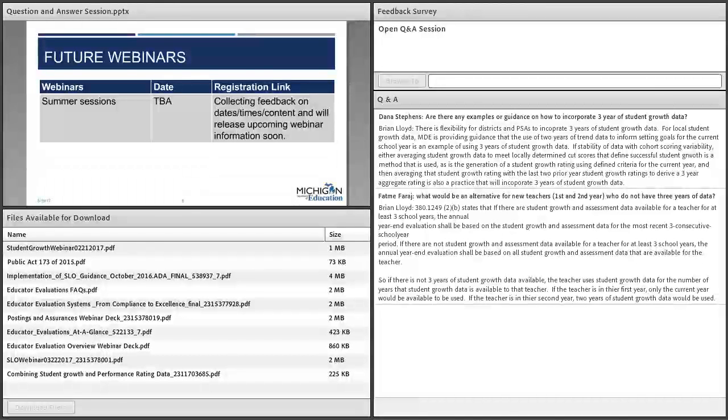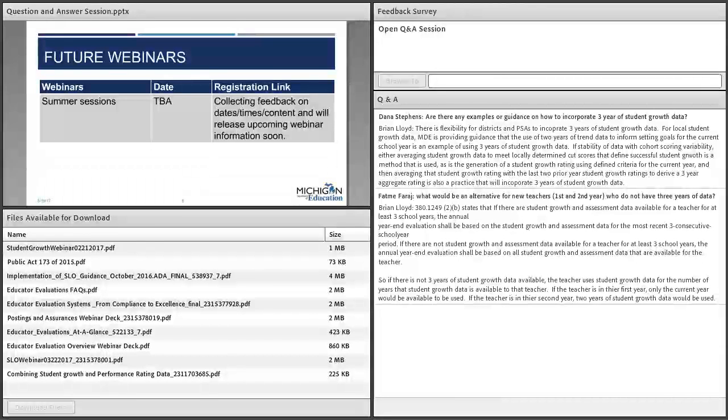Thanks for that question. The use of 3 years of student growth data is within the law. It's within 380-1249. The law states that 3 years of student growth data must be used when 3 years of student growth data is available. So it's 380-1249